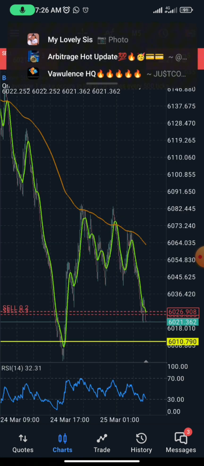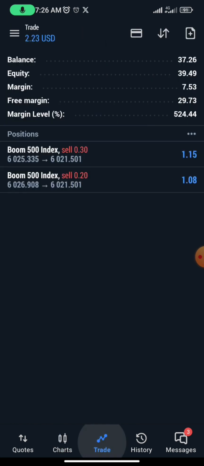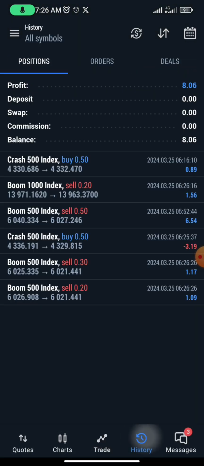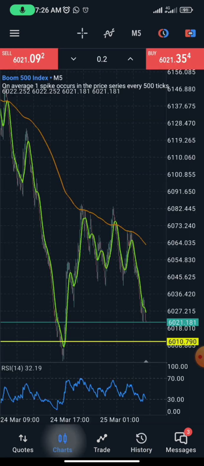I also close right now. I also close this one too. I'll close all positions of this particular trade. And now we have $8. Remember, our target is $10. So to get $10 is not actually that easy, because this market, I'm using Boom and Crash as the trading